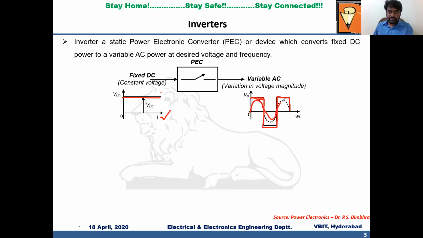So this is our AC, which is the expected AC, but it is not giving the pure AC here. It is a rectangular waveform. So if you avoid the harmonics in the output voltage waveform, you may get the output voltage waveform like this, which is shown here with dotted lines. Right. So there are some applications where you can use this inverter. Wherever you need variable AC from a constant DC, there you can use these inverters, right?